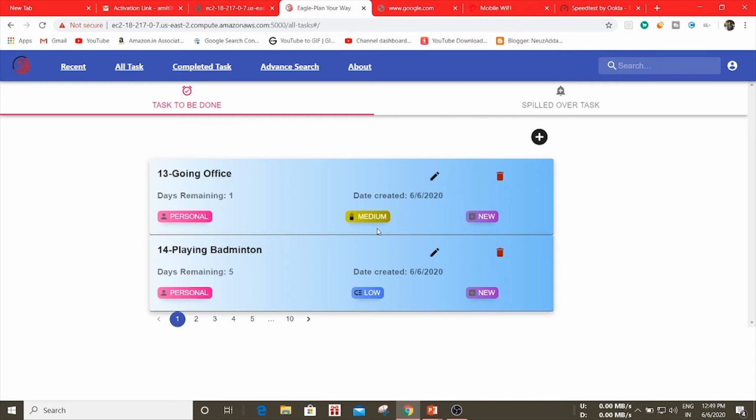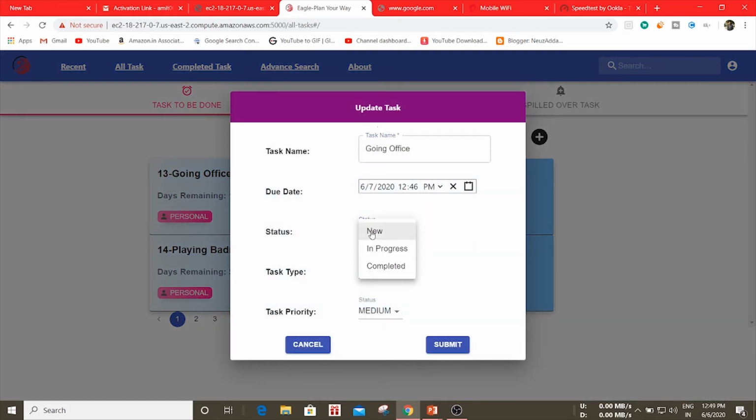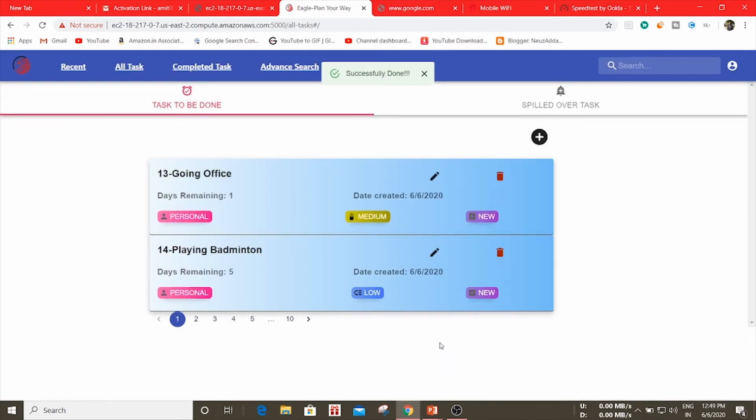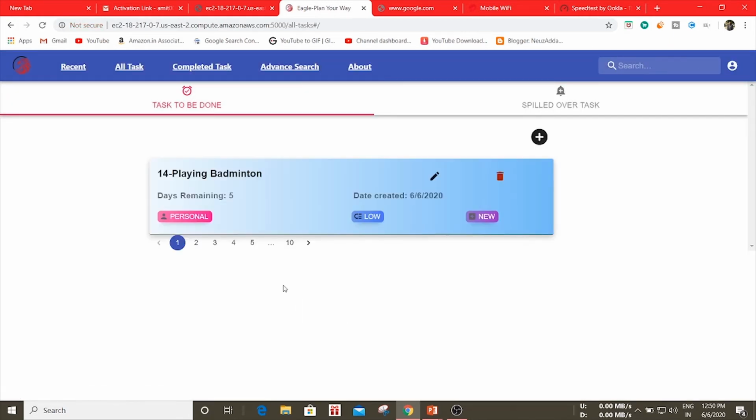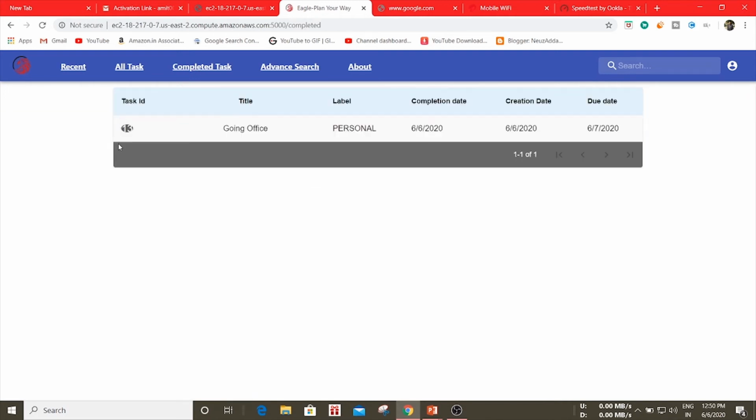Now I will edit one of the tasks as completed. Once the task is completed, you can see that that task is no more in this section. That task has moved to the completed task section. Here you can see the task that we have completed is coming in this section.